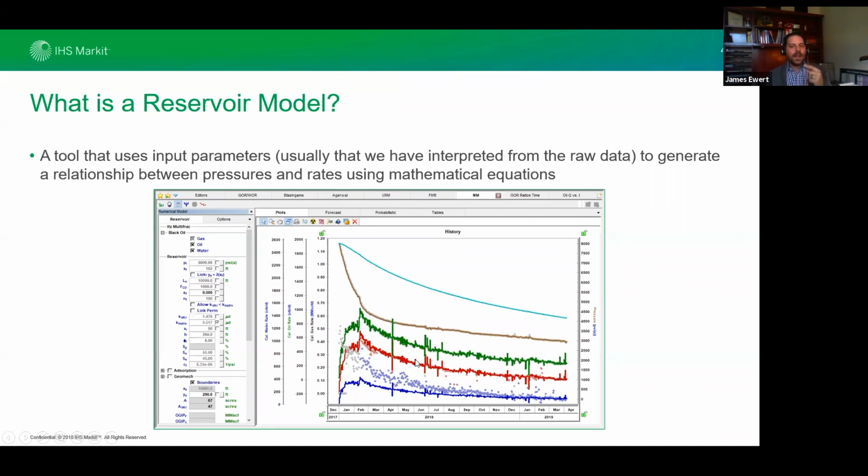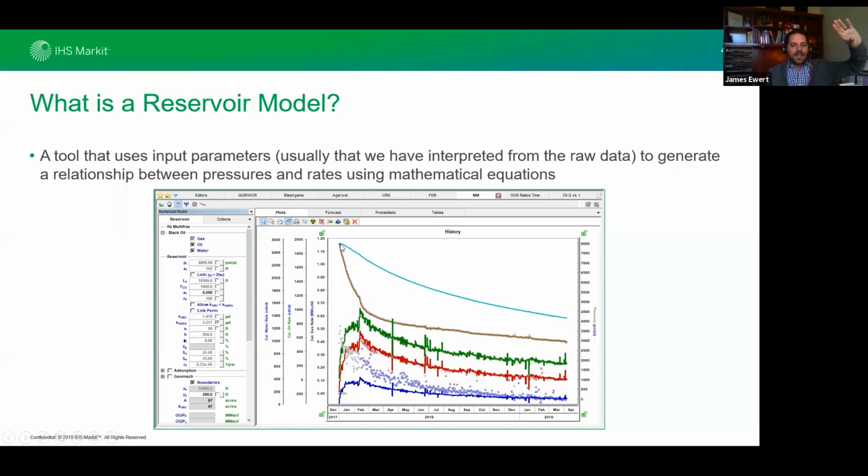And here an oil rate, a gas rate, and a water rate. And notice how my synthetic water doesn't quite match my real water till later in time. That's very common when we have a lot of flow back after a big completion job, right? Because what we're trying to model is the water that was in the reservoir originally.